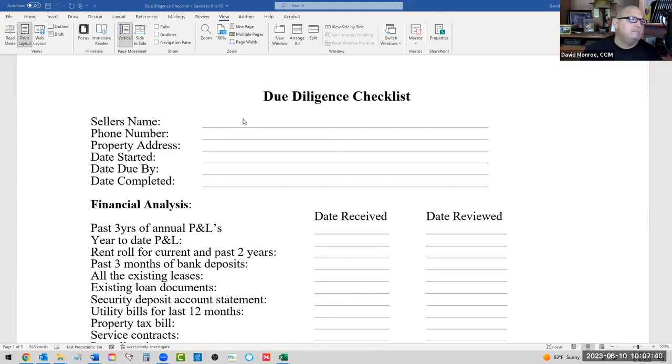Put your seller's name here, the phone number, property address, the date you start your due diligence, the date it's due. You guys have got to remember that there is a clause in almost every contract I've ever seen that says time is of the essence. That means if you miss any of the timing that is stipulated in the contract, then you have the potential